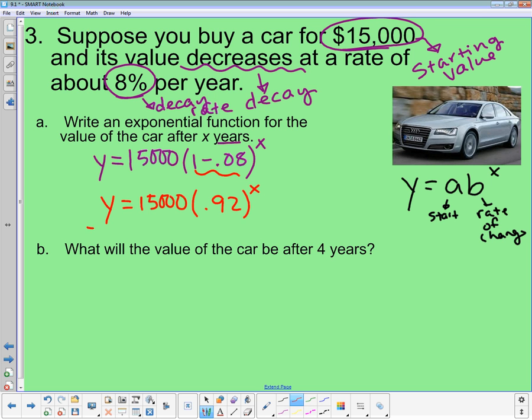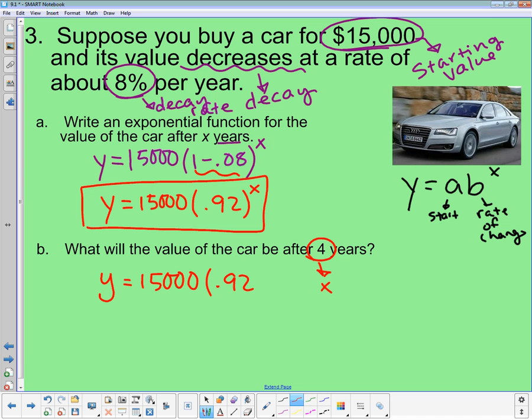to the x power. Now in part B, the second question says, what will the value of the car be after 4 years? So that means that x is equal to 4. This is my time, that's my x, so I'm going to plug it in. I get y is equal to $15,000 times 0.92 to the 4th power. Plugging that all into my calculator, I end up with a y value of about